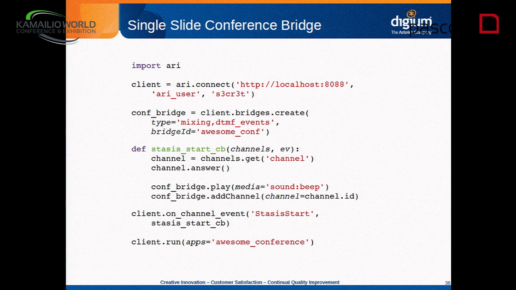And the bridge is smart enough to change its mixing type based on the number of participants. So if you start off with one participant, it will use a mixing technology that's appropriate for that. When you go to two participants, we'll use a mixing technology that's appropriate for two participants. And when you finally get three people in there, it'll say, I've got to mix the media, and so it'll switch to a conference mixing technology. And it just does it all automatically under the hood.